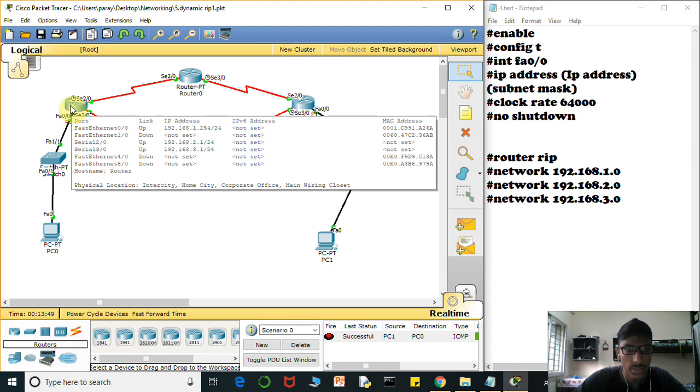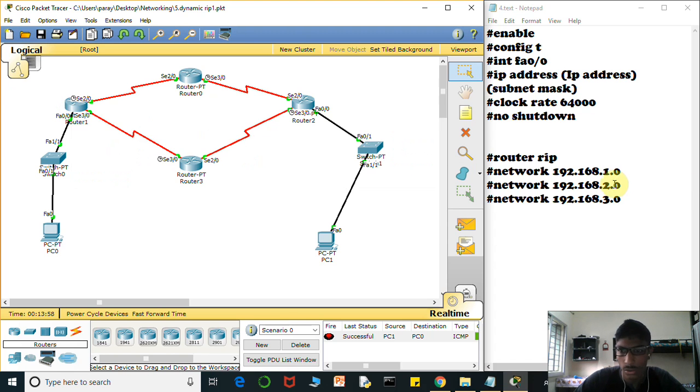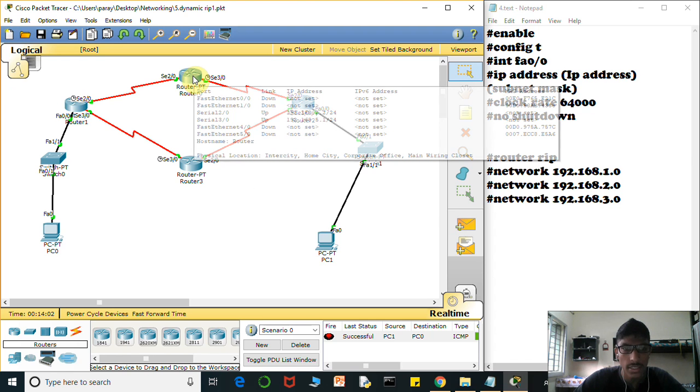SE2/0. So it is 192.168.1.254, 2.1 and 3.1. So I have given 192.168.1.0, 2.0 and 3.0. Similarly, here we can see the second router is connected to two serial interfaces,